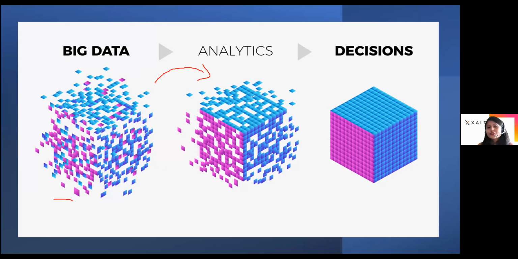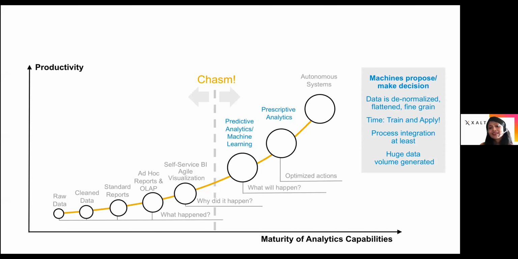So now, after we have understood what data analytics is and where we can see it in our daily lives, let us see how analytics has matured over a period of time. Like anything else, analytics also had a journey. Earlier on, we were more focused on understanding what has happened within the data and trying to figure out why it happened. We had the raw data, we used to clean it up and then create standard data reports and standard data visualizations, where we spent most of our time on what has happened in the data and why it happened. That part is basically descriptive analytics.